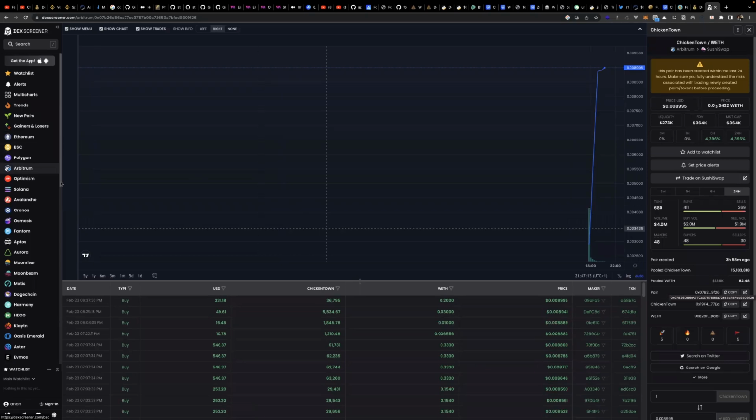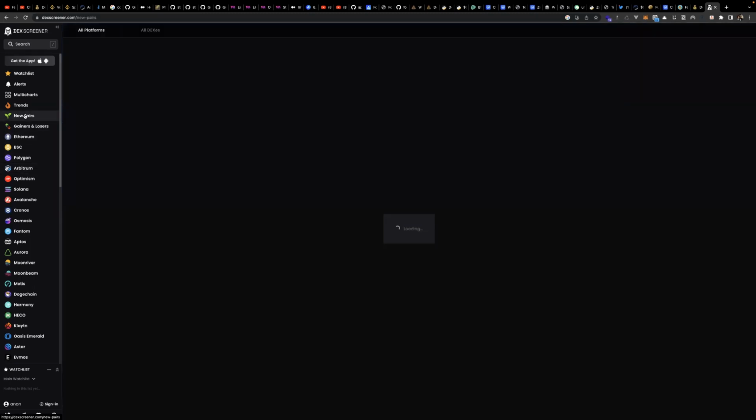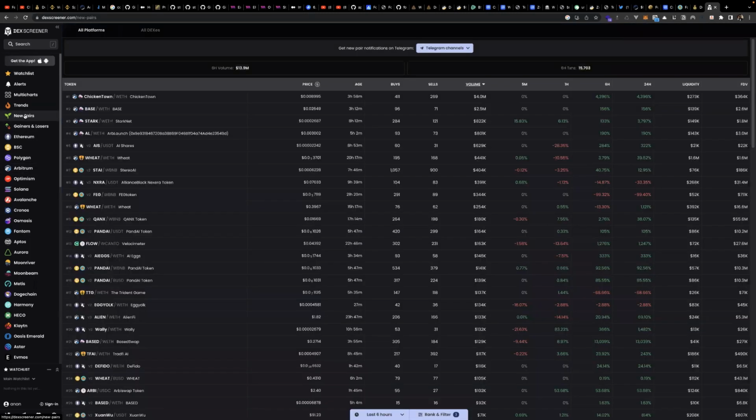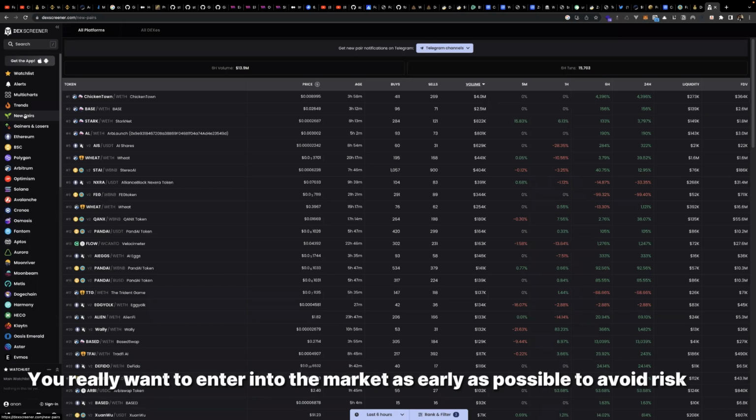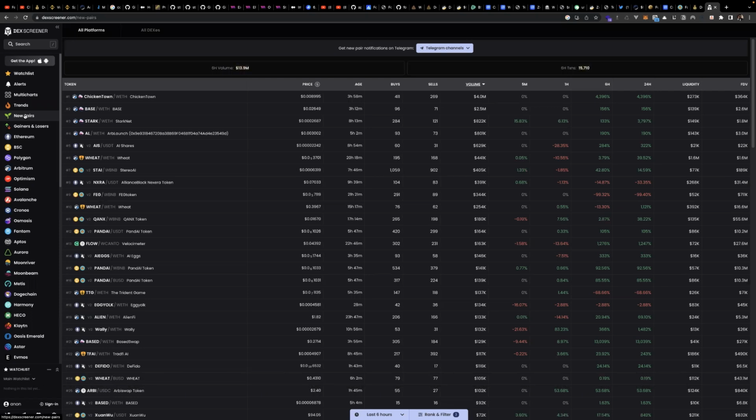So let's go back. So you also have new pairs. Now, the thing about shit coins is you try to find timing whereby you can enter when they've started. Because when they start a new project, it's likely to go up, then before it starts coming down, then maybe later it can go up. So if you are one of the first people that enters into a new project, you're likely to make more profit. But when you do that, you are operating at extremely high risk,